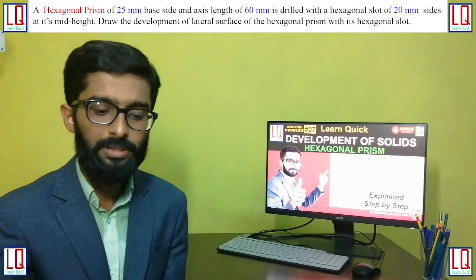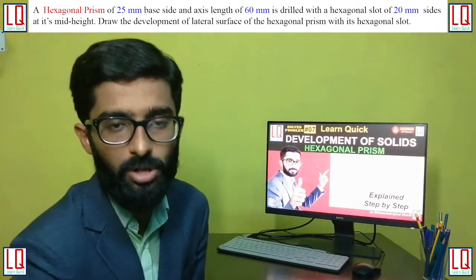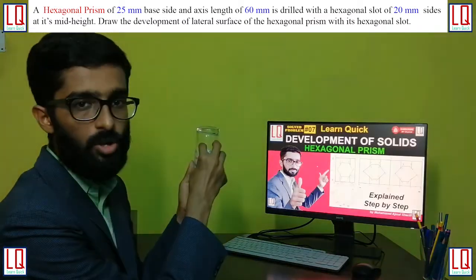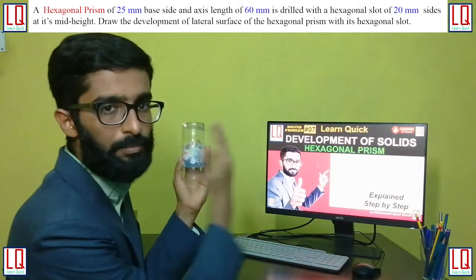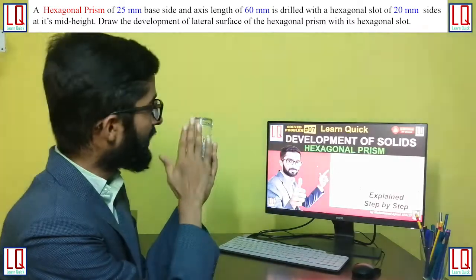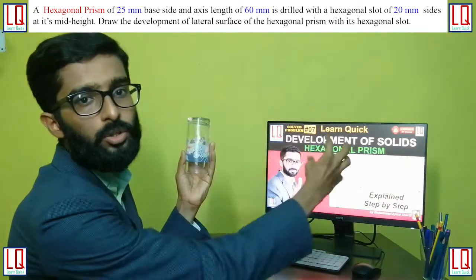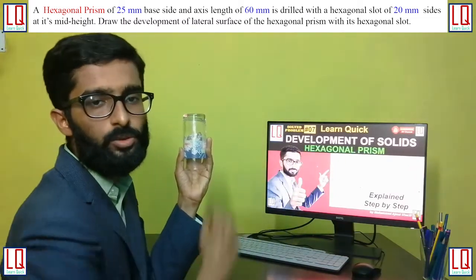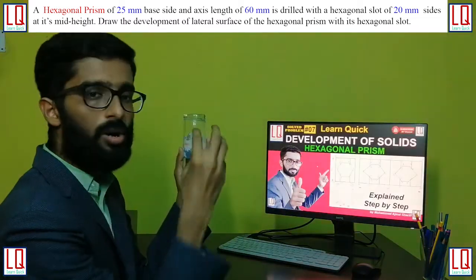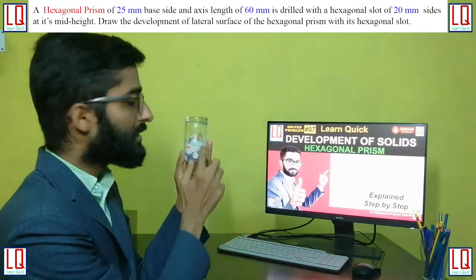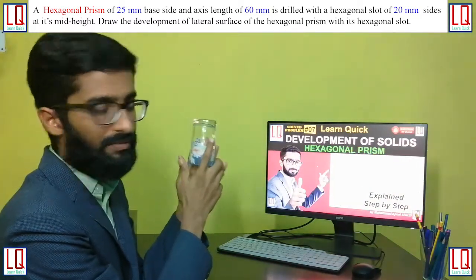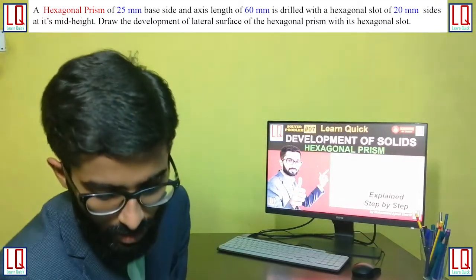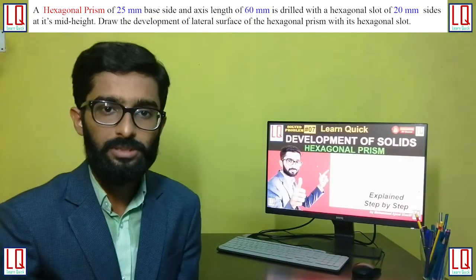You should remember whenever we make a hole or slot in a solid. In case you take a cylinder and make a hexagonal slot, when I develop or unfold this solid, you will get two missing areas. How does the metal go missing in two places? When I make a slot here, one in the front lateral surface and one in the reverse lateral surface, the metal will be missing. This is the second part of the question.